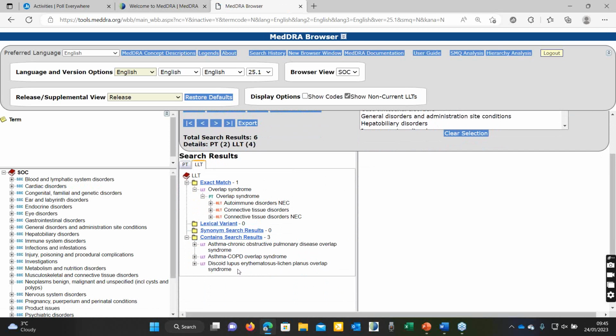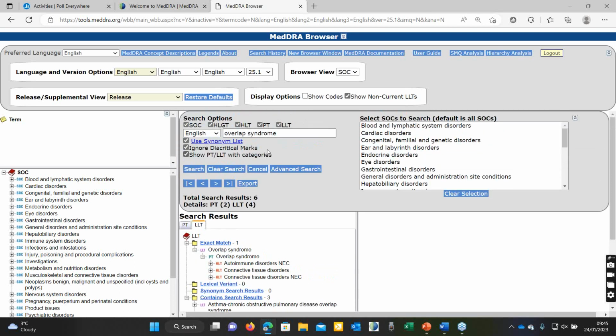Then the other ones are asthma related. So not every overlap syndrome relates to what I've got reported. There are other types of overlap syndrome. I can see that because there's a skin one, and there's an asthma and COPD overlap syndrome. So this makes me think overlap syndrome is more general. I've got more information in my term. Not every overlap syndrome refers to what I've got. So perhaps then it would be useful